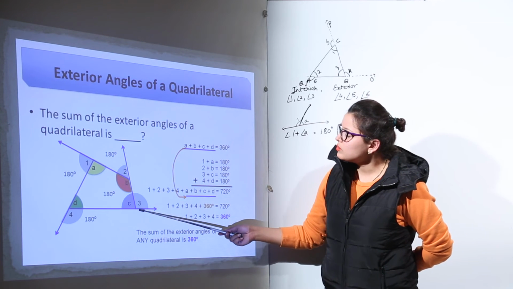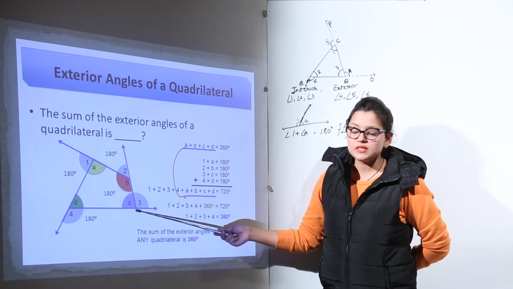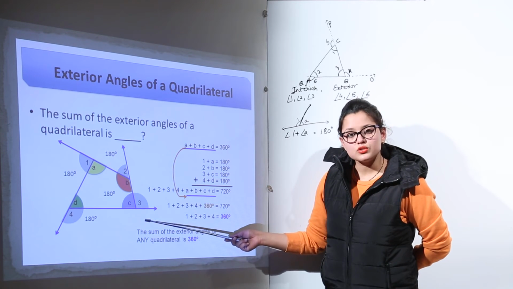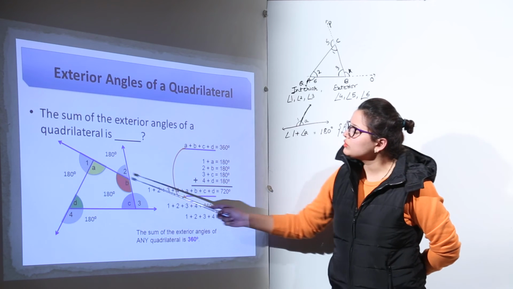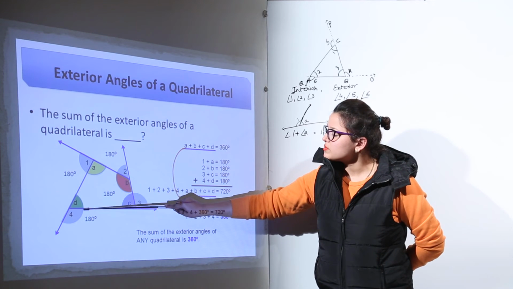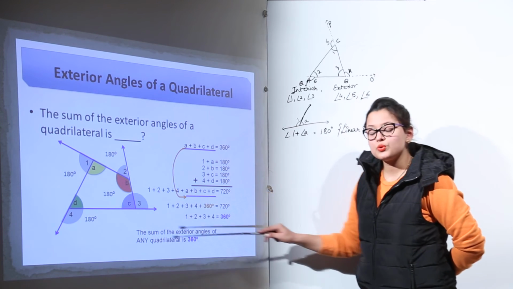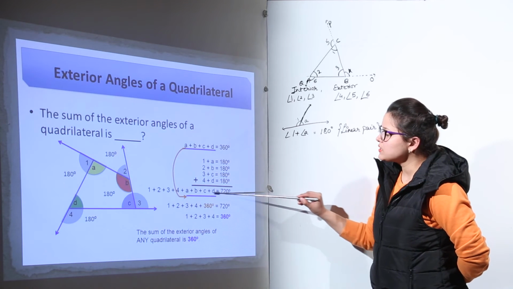Let us move on to this one. Here also 3 and C are forming a linear pair. That means they are sharing a common arm. So we can say that the sum of these two angles will also be equal to 180. Moving on to the fourth one, 4 plus D is also making a linear pair. So we will say that the sum of 4 and D will also be equal to 180 degrees. Now these are my 4 equations formed.